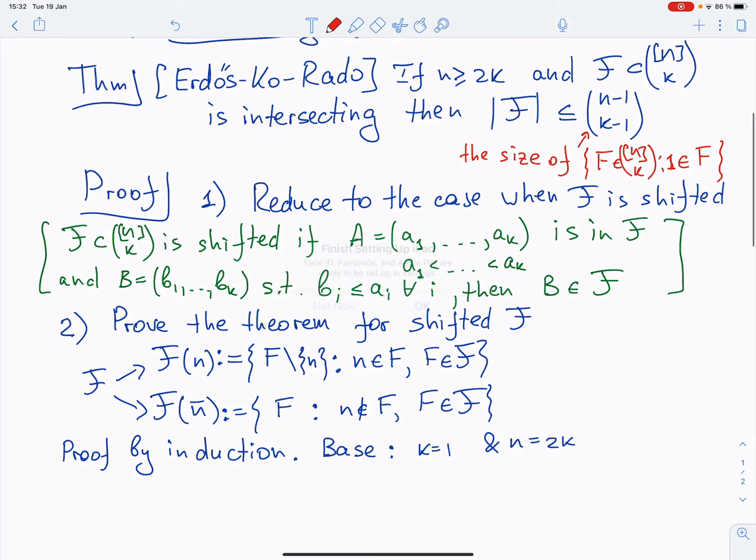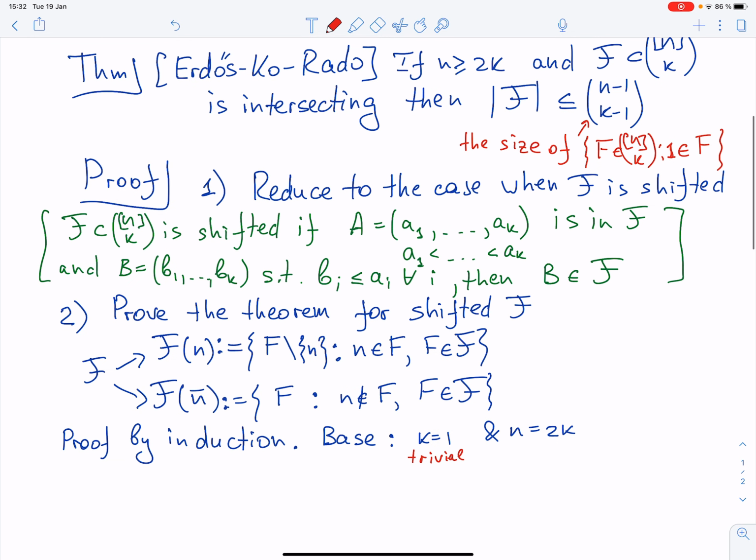So this is trivial. And this is as follows. The bound says that the cardinality of F is at most 2k minus 1 choose k minus 1, which is equal to 1/2 of 2k choose k. So the bound says that we have at most half of all the sets of size k, and we simply say that